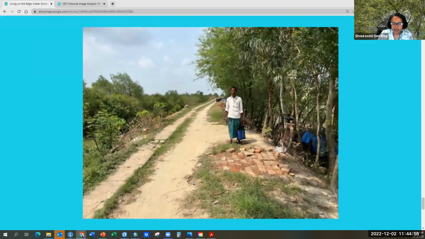This is a farmer I met, and this is again an embankment. So they build these embankments, and out here you can see, he mentioned Cyclone Yaas, how the water came over the embankment. It's a pretty high embankment, and the water came over that embankment, and he talked about how they lost a lot of cattle. So what they do is they take the cattle and bring them up on these embankments, but some of these storm surges or the water levels are so high that these embankments are not even enough.